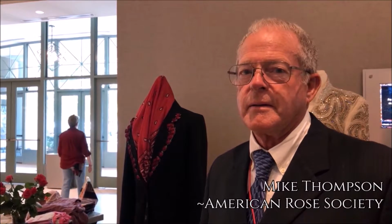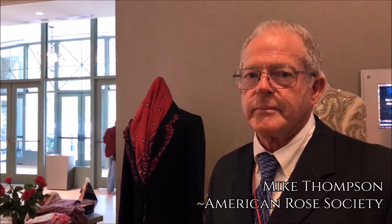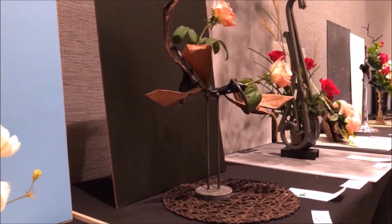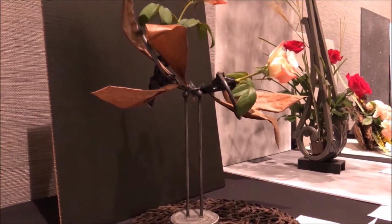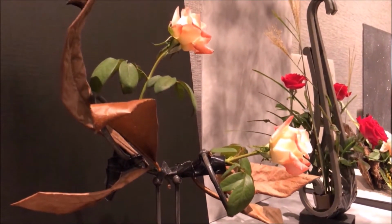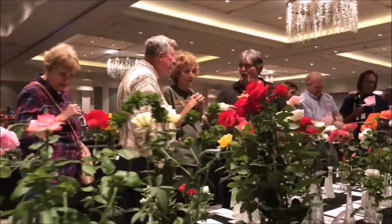Mike Thompson is with the American Rose Society, and he is here judging this year's miniature event. Mike, explain to us exactly what is involved in judging a rose show like this. That's the easy part. After everybody's thrown the roses and gotten them entered into the show, that makes it more fun for us. And it's a lot of different categories that we judge: the hybrids and grandifloras and